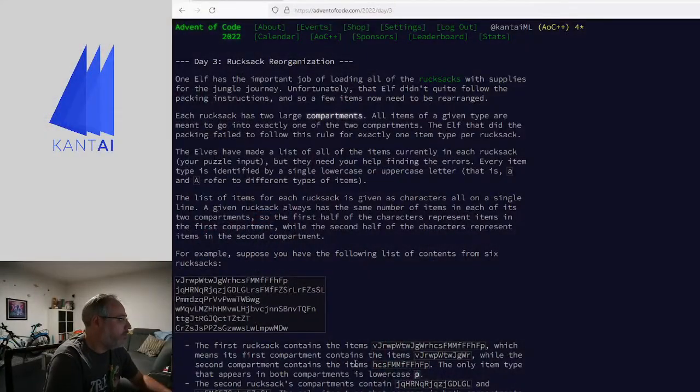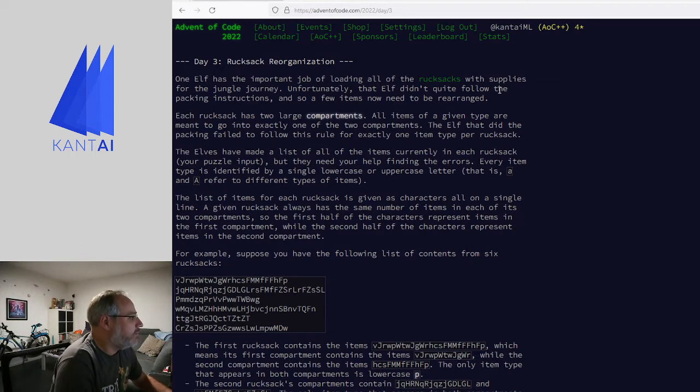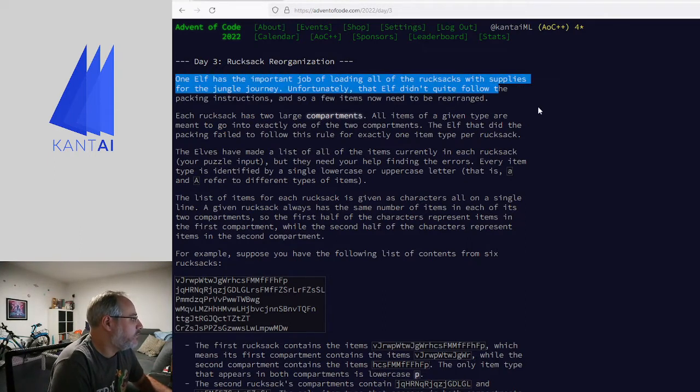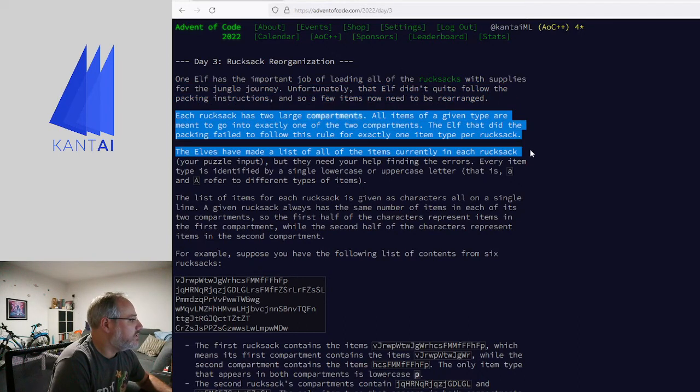Let's start with the puzzle that we have today for day 3. Let's look at it. What is the problem that we actually need to solve? We know in the past episodes we also had to deal with elves, and now it's obviously again something about the elves. So one elf has the important job of loading all the rucksacks with the supplies for a jungle journey. Unfortunately, that elf didn't quite follow the packing instruction, and so a few items now need to be